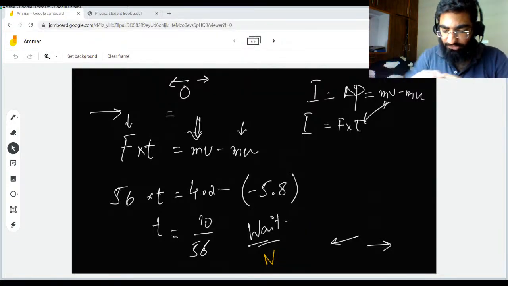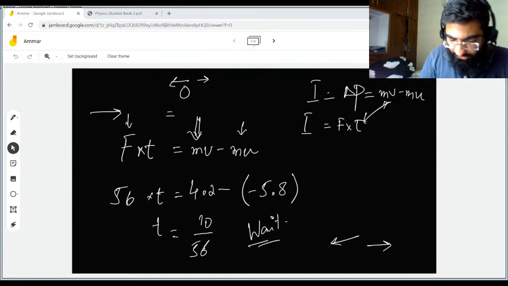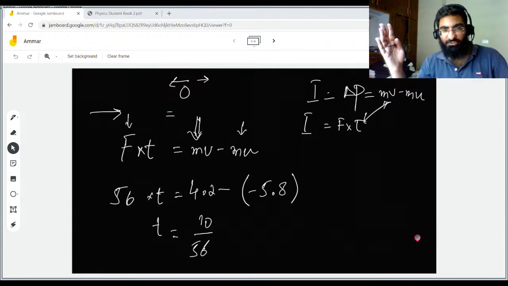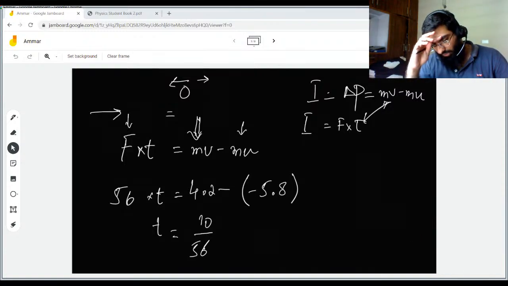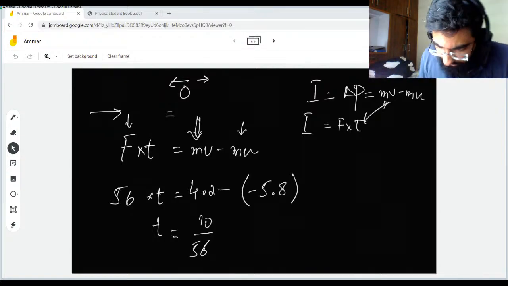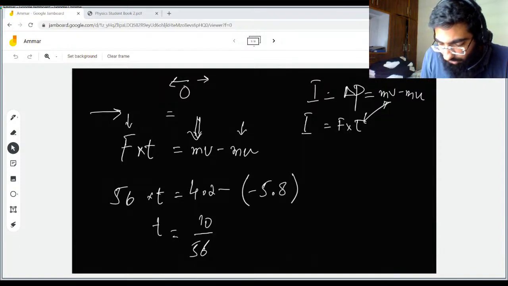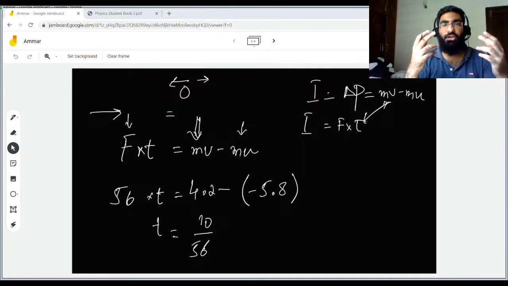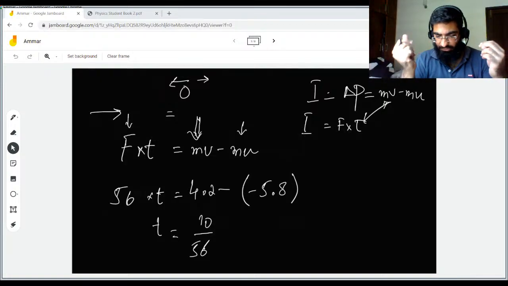Okay, so what I'm saying is that I took the right hand side to be positive. More of the quantities are given towards the right hand side. I mean, force is right hand side, so I took right hand side to be positive. So these are the two things that you have to be careful about in this one. First, you have to equate the force into time with mv minus mu, and secondly,